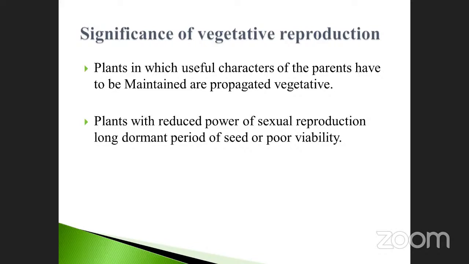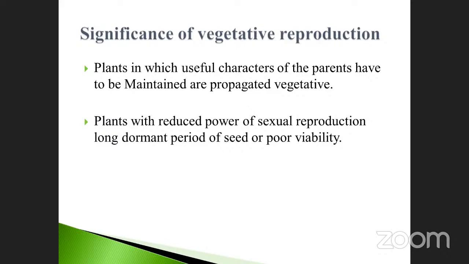Okay, so dormant means resting stage. Once again, normally all the seeds have reproductive ability, but some of the seeds have a dormant stage. Even beans or mungo, so whatever it may be, many seeds are dormant for a period in nature. Such types of plants we can easily propagate with the help of vegetative reproduction. And also another one is called